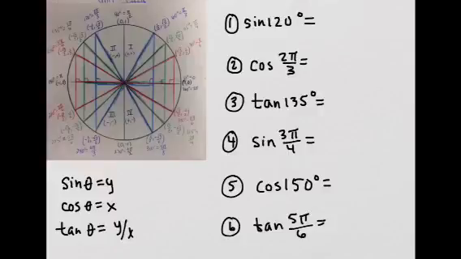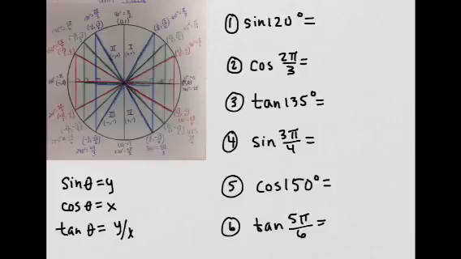Okay, so just to model all four methods, I'm going to use the unit circle for numbers 1 through 6. For 7 through 12, I'm going to use the triangles. For 13 to 18, I'm going to use the left hand. And for the last 6, I'm going to use the table. Okay? So for number 1,